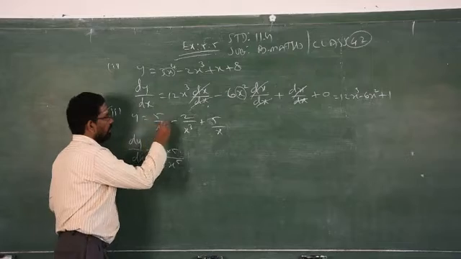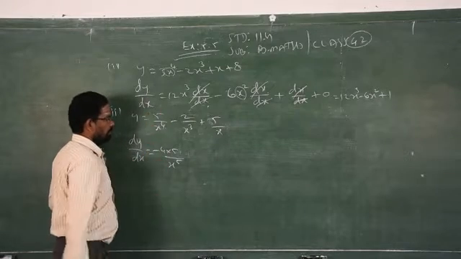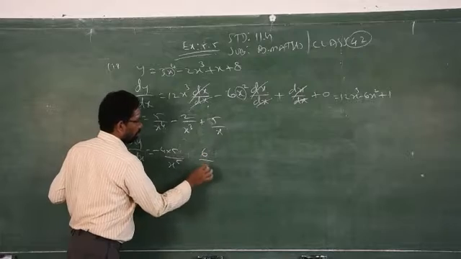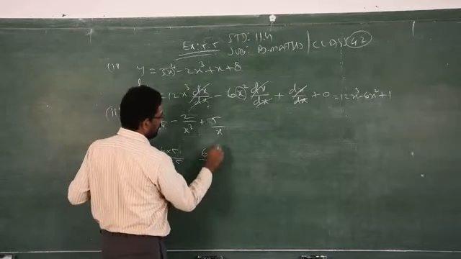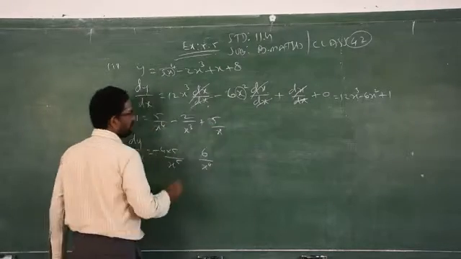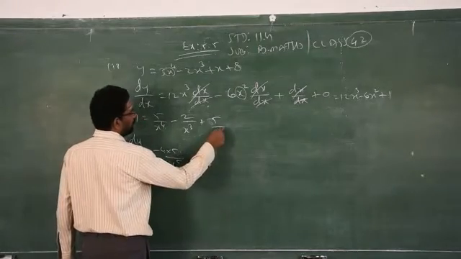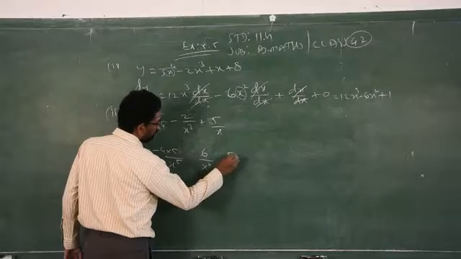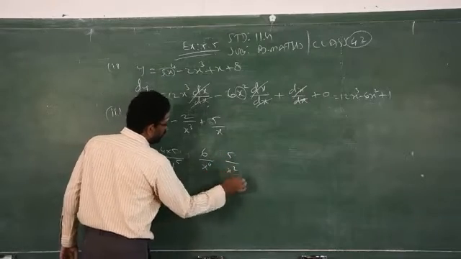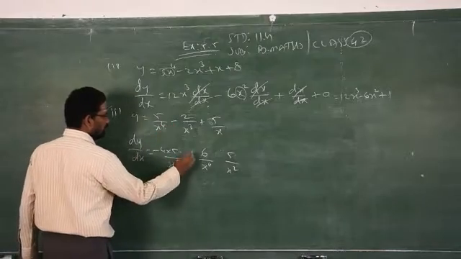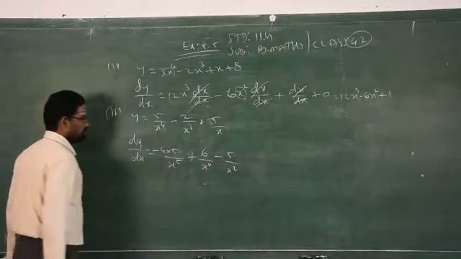You can proceed. Then we have to change the sign. Plus will become minus. 3 twos are 6. Add 1 to the power. Then what is this? Differentiation of, again, 1 into 5, 5, add 1, square. Then this plus will become minus, this minus will become plus, plus will become minus.